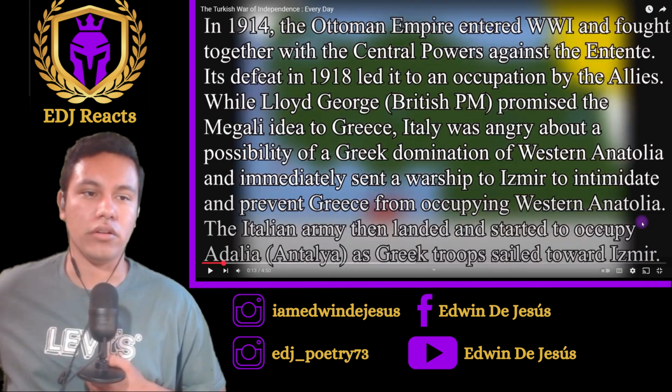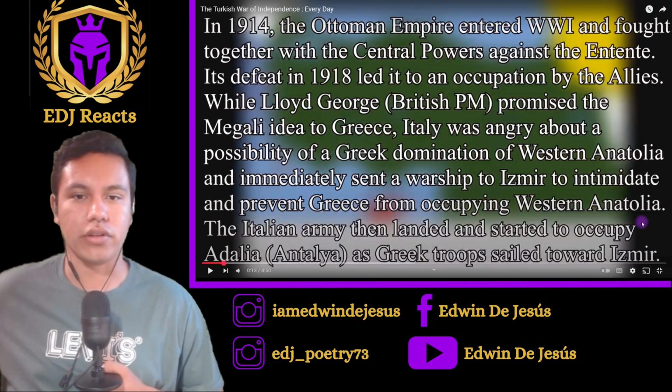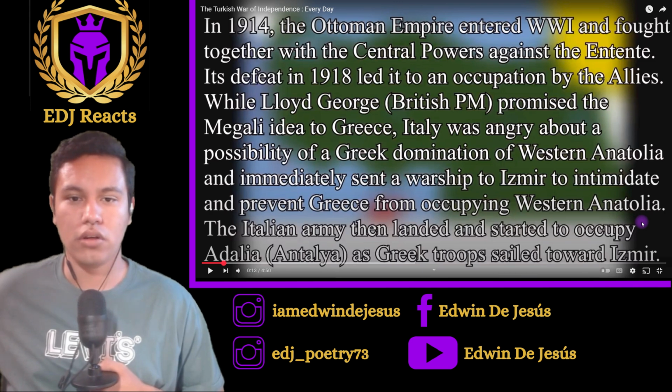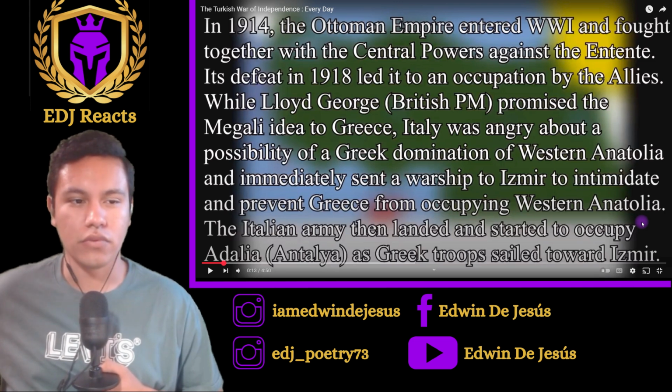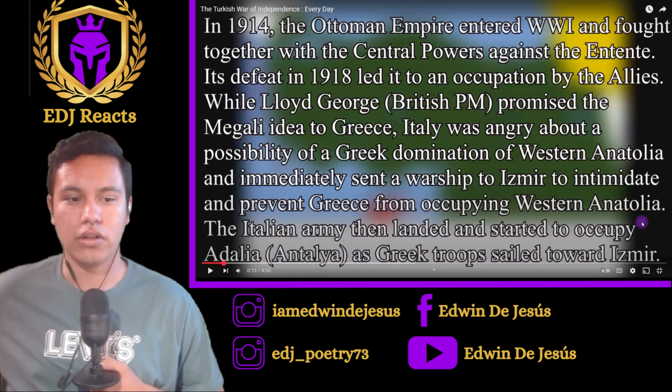Okay, in 1914, the Ottoman Empire entered World War I and fought together with the Central Powers against the Entente. Its defeat in 1918 led to an occupation by the Allies, while Lloyd George, British Prime Minister, promised the Megali Idea to Greece. Italy was angry about a possibility of a Greek domination